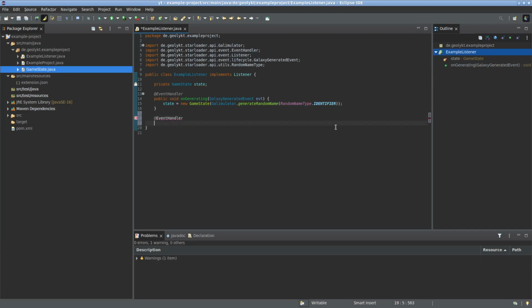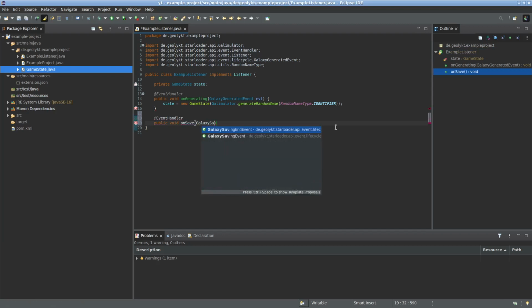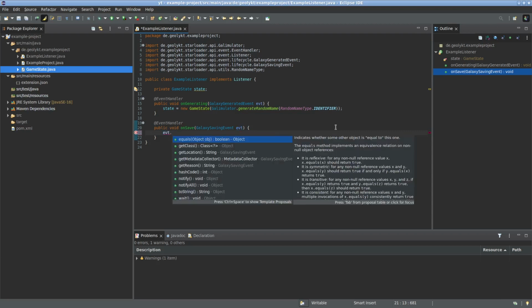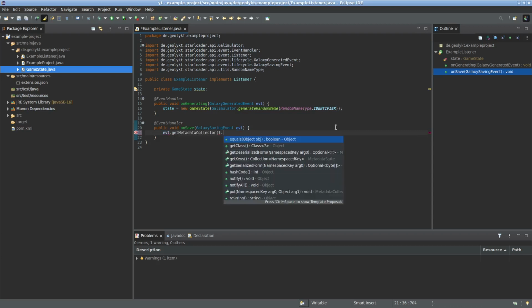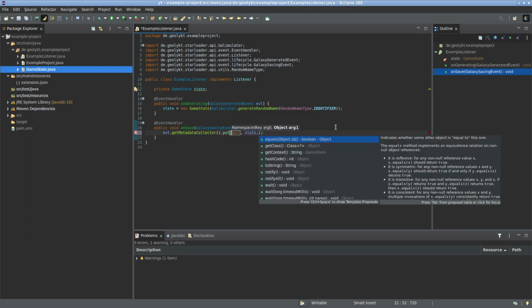And then we'll have another handler, which will handle the saving event, and in which case we are going to get a metadata collector and put it in our